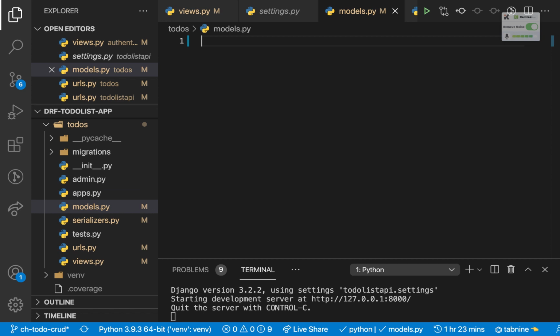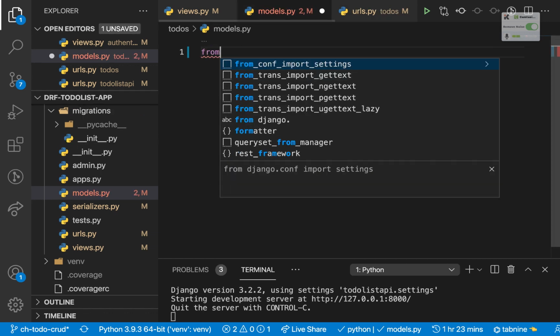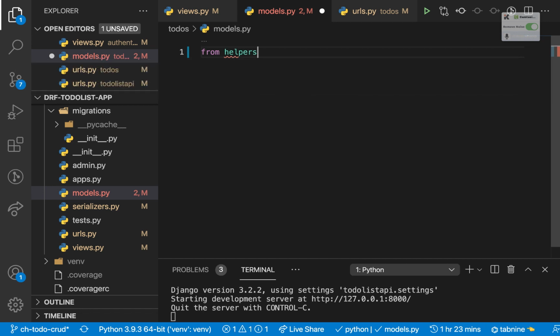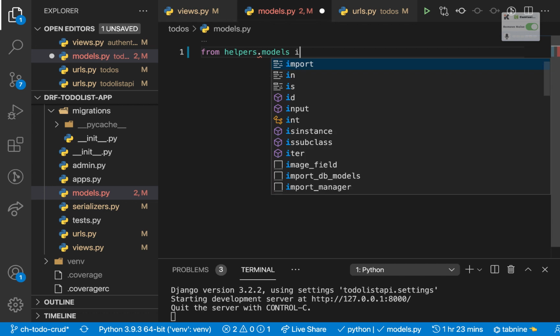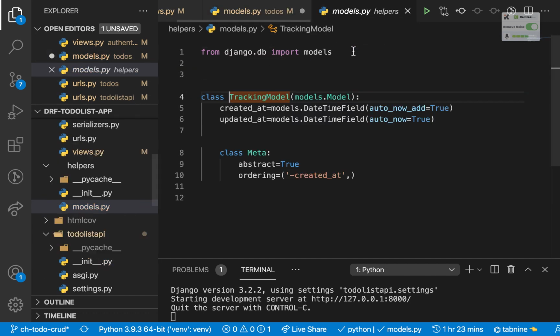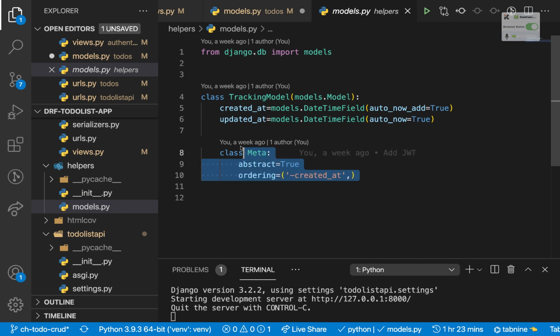The first thing we want to do is have a way to construct how our relation is going to look like. For people who are not familiar, a relation is basically a database table. Here, what I'm going to do is import our tracking model. You guys remember the tracking model, it's in helpers, I believe. So we can do from helpers.models import TrackingModel. This helps us to add the two timestamp fields, the updated_at and the created_at, and it kind of manages things like the ordering for us,